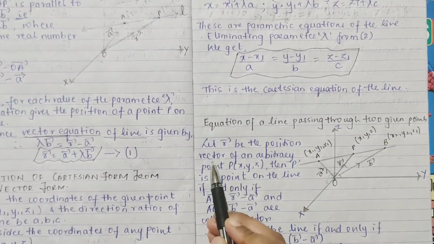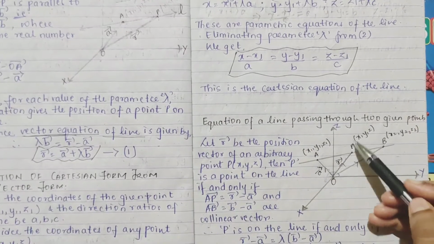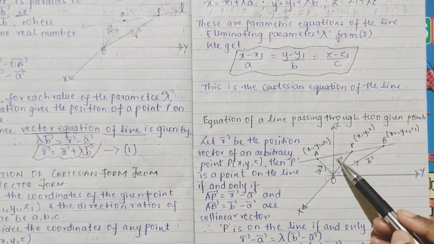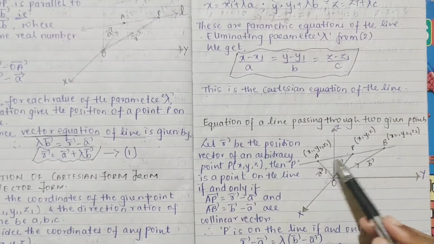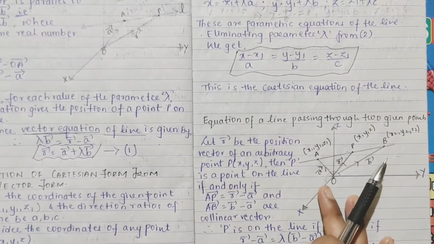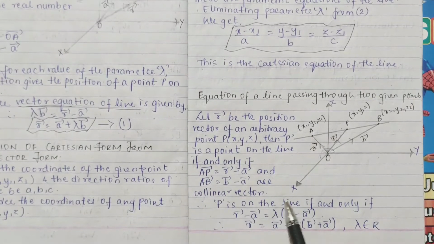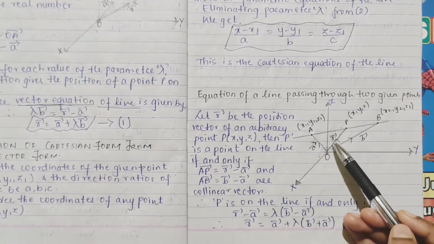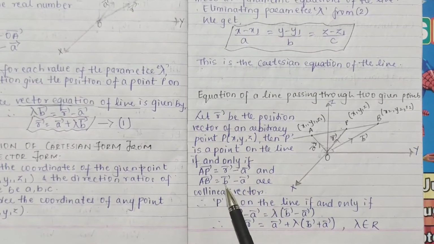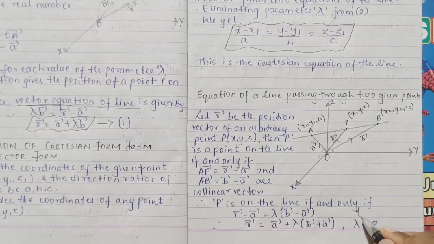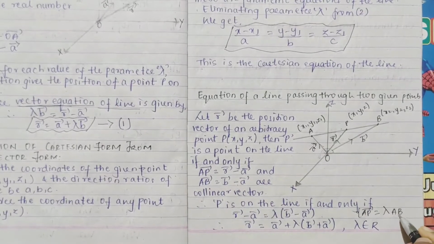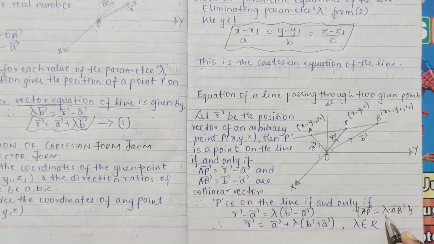So let R be the position vector of any arbitrary point, this point x, y, z. Then P is a point on the line if and only if vector AP will be equal to vector R minus vector A, and vector AB will be equal to vector B minus vector A because they are collinear. So P is on the line if and only if vector R minus vector A is equal to lambda of vector B minus vector A, which in short means vector AP is equal to lambda into vector AB,